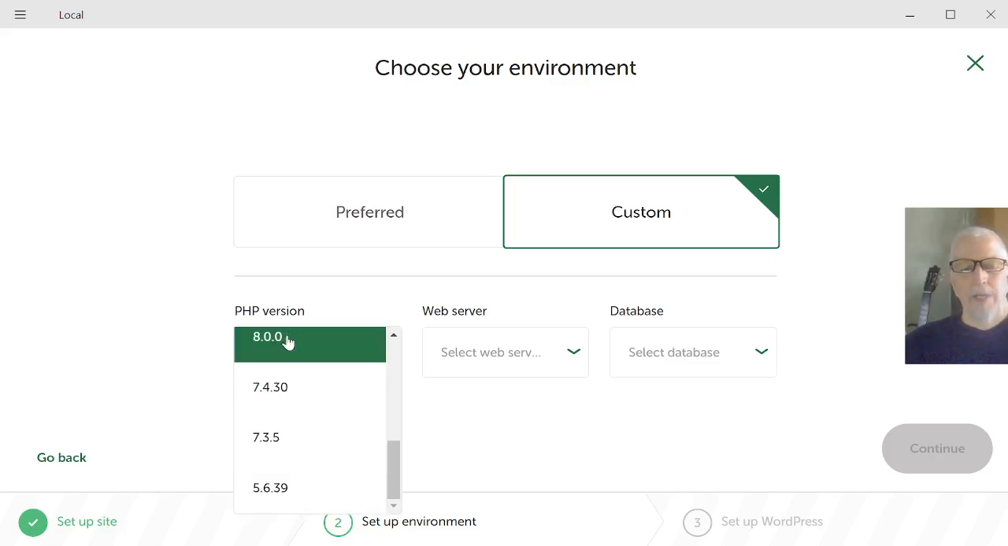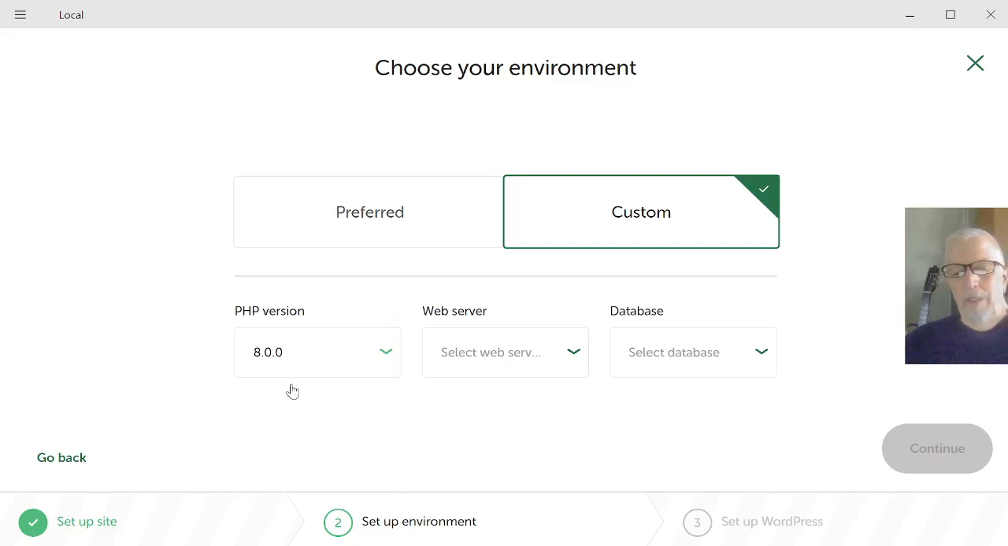I'm going to choose 8.0 just to be kind of in the middle, and then choose a web server, and they have Nginx and Apache. Apache's been around for many years. I'm going to go with Apache because I'm very used to it. The Nginx is also a very good